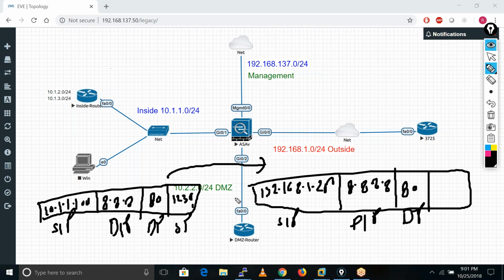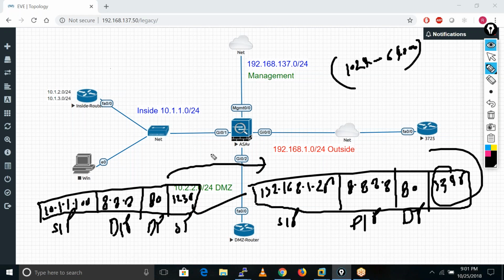We only translate the source into any IP address and any port, like 1234 or 5, anything. This value basically falls between 1024 and 64,000. We do this port randomization.